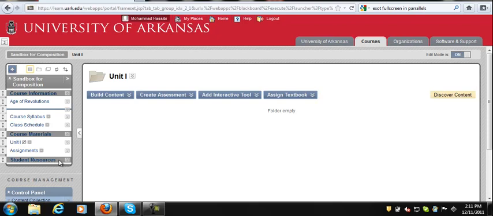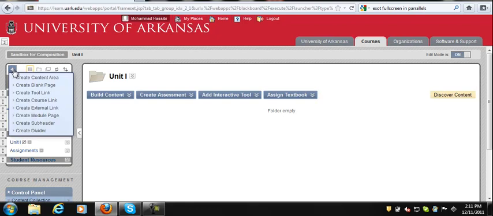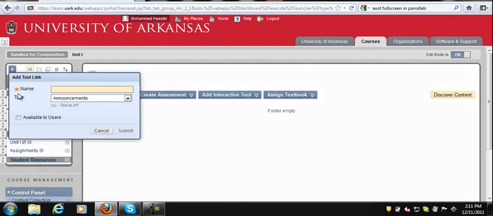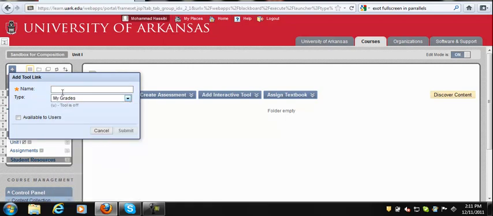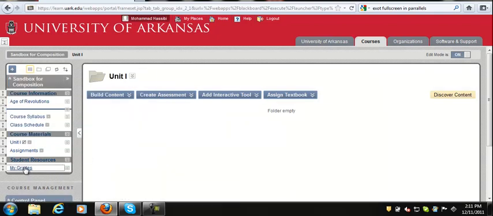First thing we're going to do, we're going to do a My Grades link. So we click on the plus, you create a tool link, and we're going to go to type, choose My Grades. Name, we'll call this My Grades as well. Available to users. Click on submit. And that's it. So now when students click this, it'll take them right to their grades. Okay, now we're going to add an